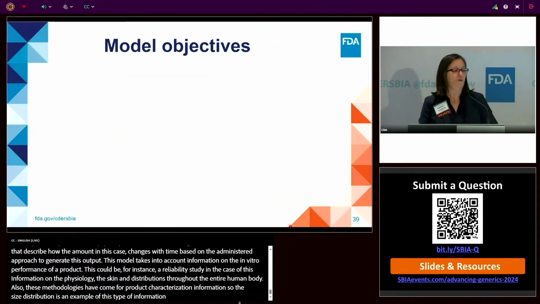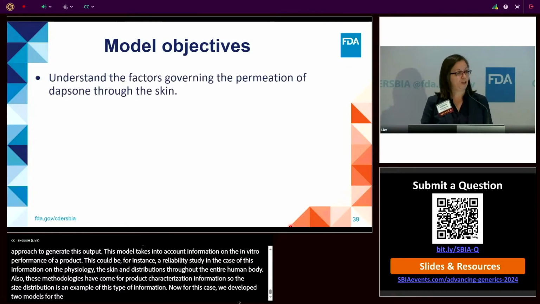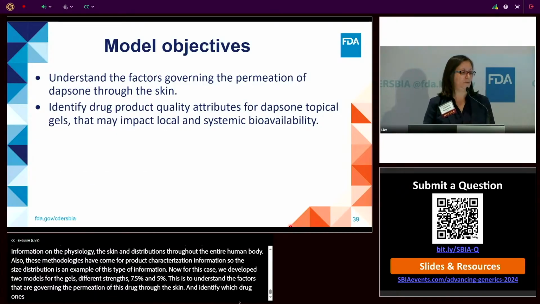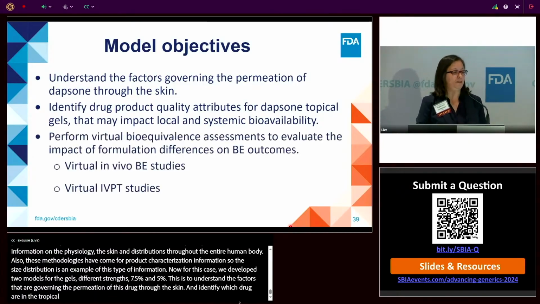Now, for this case, we developed two models for these Dapsone gels, different strengths, 7.5 and 5%. The objectives of these models were to understand the factors that are governing the permeation of Dapsone through the skin, identify which drug product quality attributes that are specific to the Dapsone topical gels may impact local and systemic bioavailability. And these models were finally applied to perform virtual bioequivalence assessments that evaluate the impact of formulation differences on BE